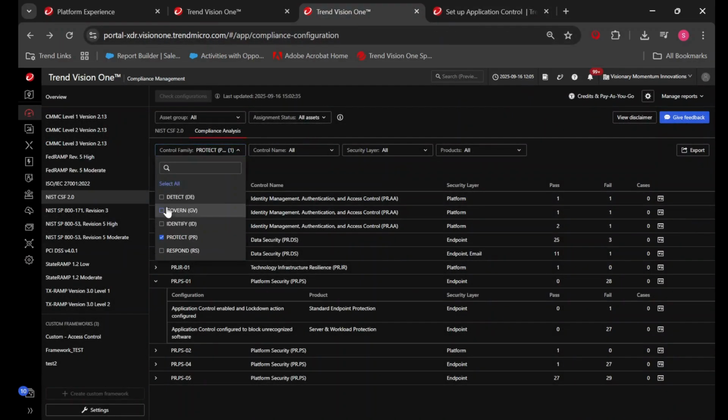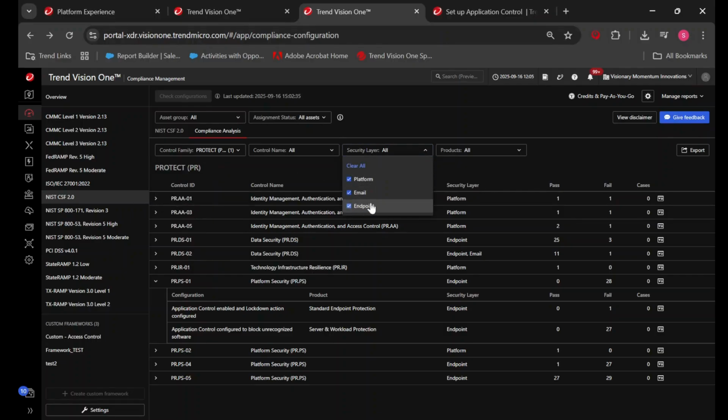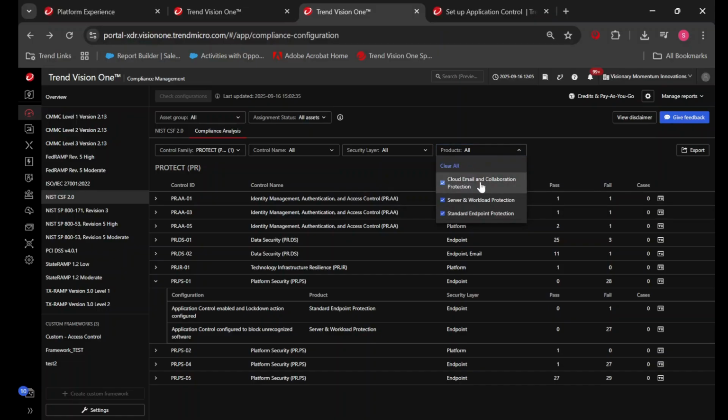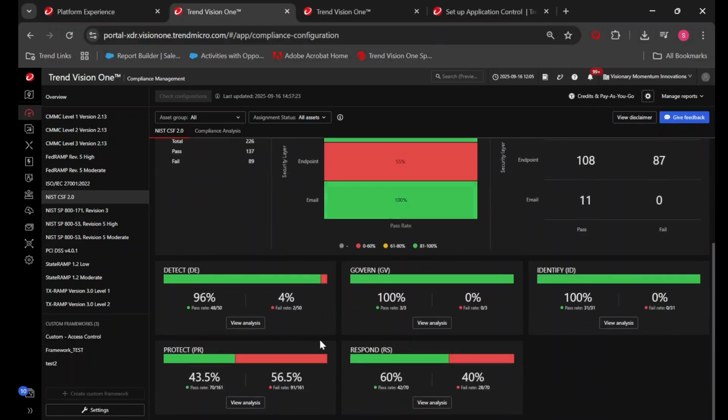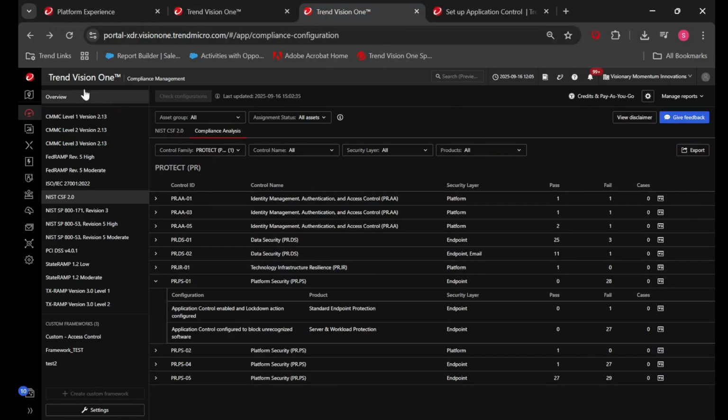So you can have multiple control families as part of the NIST CSF 2.0 framework. You can see what the security layers are. You can see which Trend Micro products could participate. You can export this protection data into CSV format, so you can have the control ID, control name, security layer, passes and fails. You can share it with your governance, GRC team or SOC team. And if you want more details, you can explore